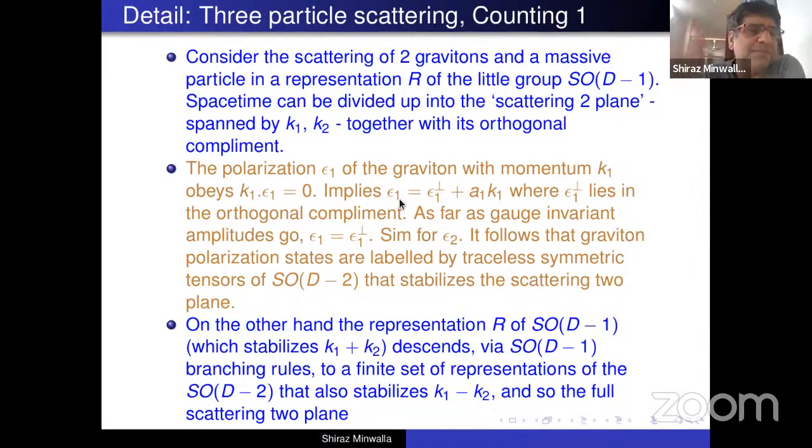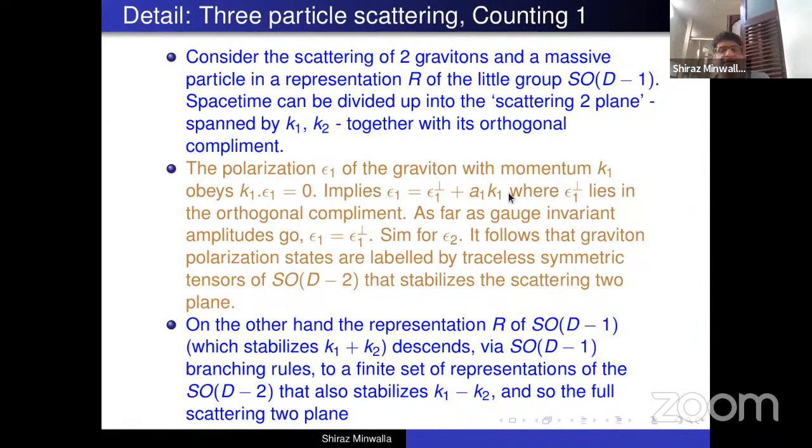Now, the most general graviton polarization will be epsilon 1 perpendicular, which is unconstrained, plus A1 K1 plus A2 K2, because A1 K1 plus A2 K2 is the most general vector in the scattering plane. However, now we have the condition that K1 dot epsilon 1 is 0. K1 dot epsilon 1 perpendicular is 0 by definition, because epsilon 1 perpendicular is orthogonal to the whole scattering 2-plane, and therefore orthogonal in particular to K1. Also, K1 dot K1 is 0, because our gravitational particle was massless. But K1 dot K2 is not 0 in general. And so this equation that epsilon 1 dot K1 is equal to 0 sets A2 to 0,